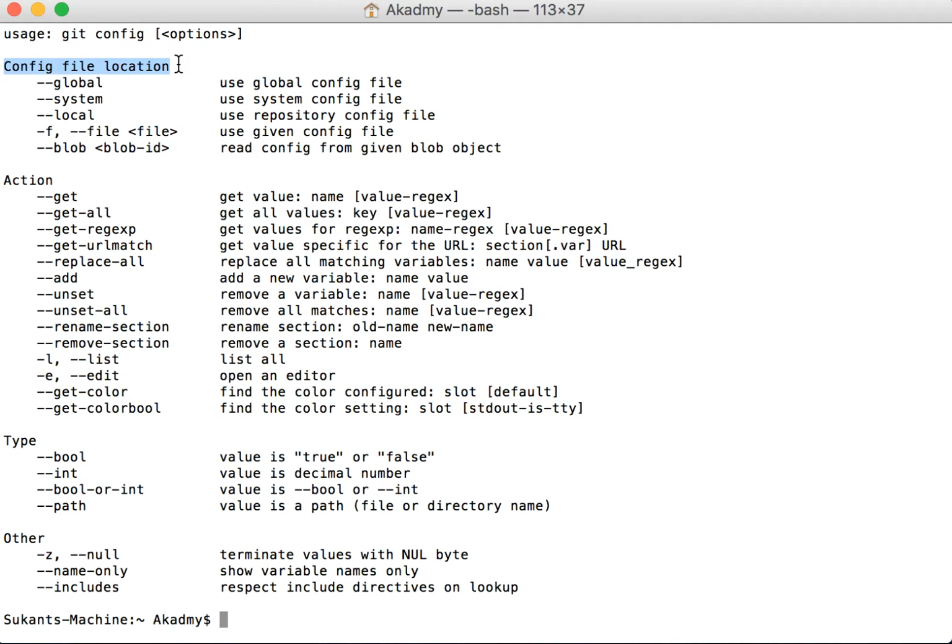The config file stores these credentials, so it doesn't ask for them every time you log in, and it simply takes the credentials from this folder. This was about git config, and the multiple options are related to actions like get all. You can read all the options available over here.